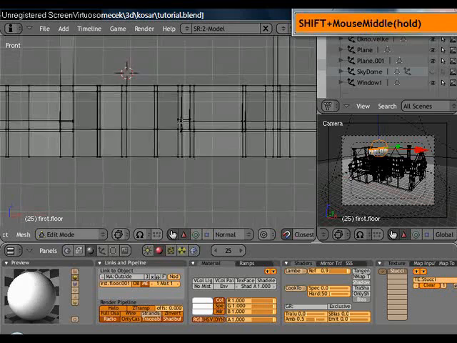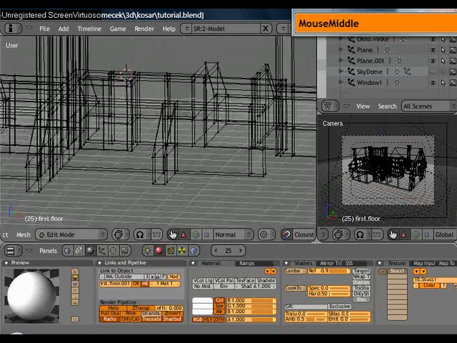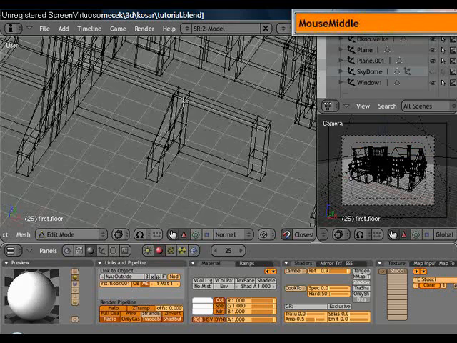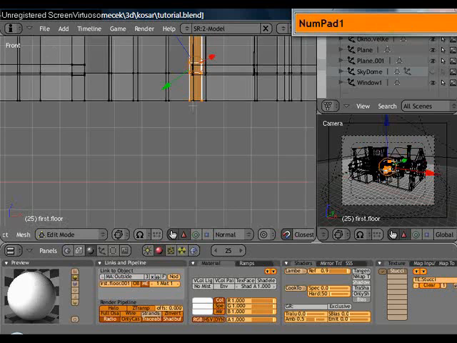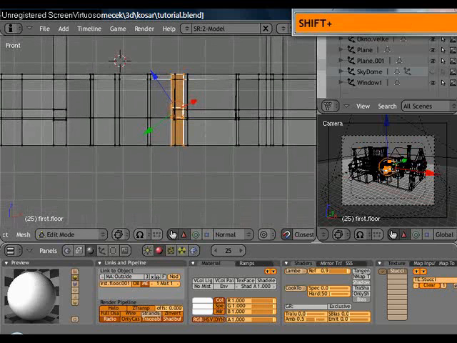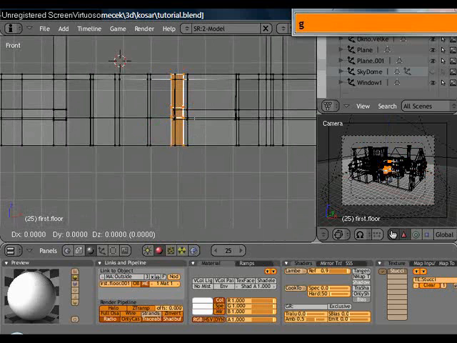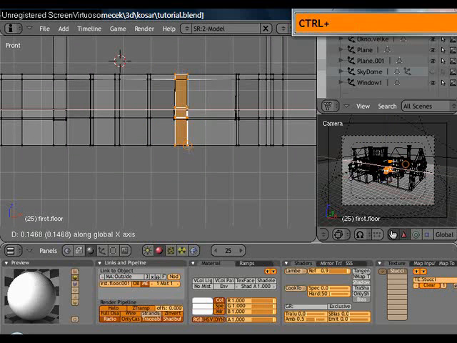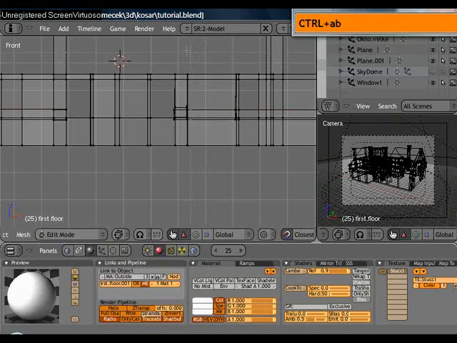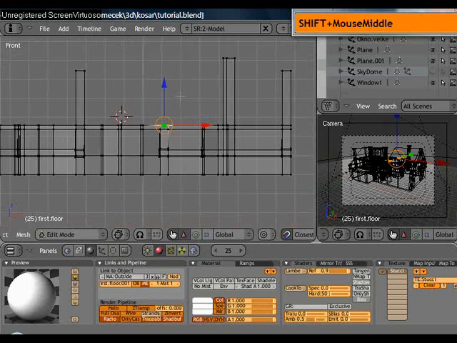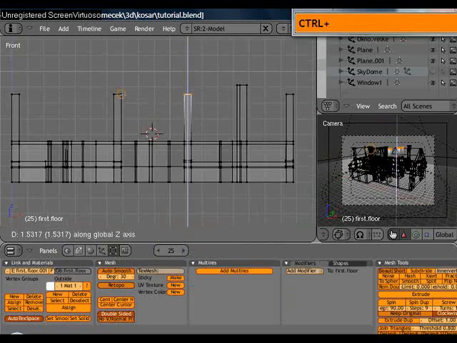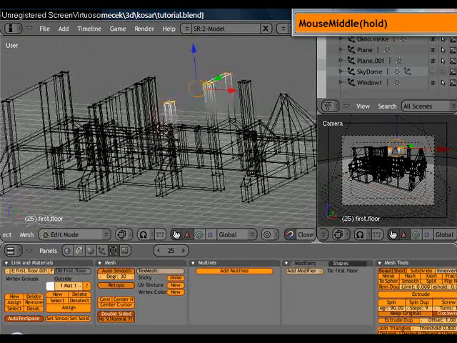Now those walls are not exactly aligned because in the previous part of tutorial I was moving this, so I will now move it back. I'll just grab G, I might adjust this over here, but I think it's fine for now. It doesn't cause any problems. Extrude, snap to this one over here, and